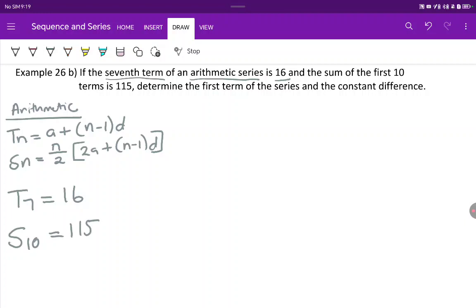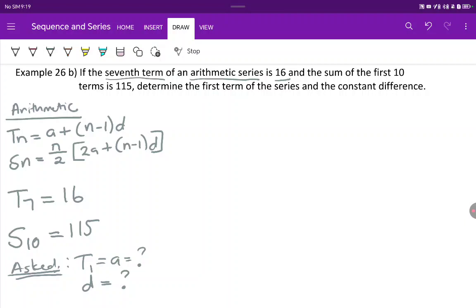What are they asking? All of this information in gray is given. Now I want to see what is being asked. The asked information is: what is term 1, which is a, is in question. And they're asking me, what is d, the constant difference. So what I've done in gray is I've written down my formulas, and then I've written down the terms or the information given to me. Term 7 is 16, and the sum of 10 terms equals